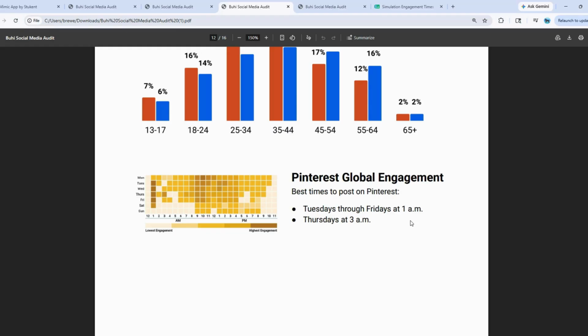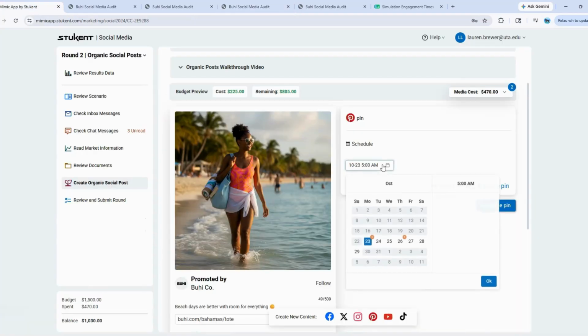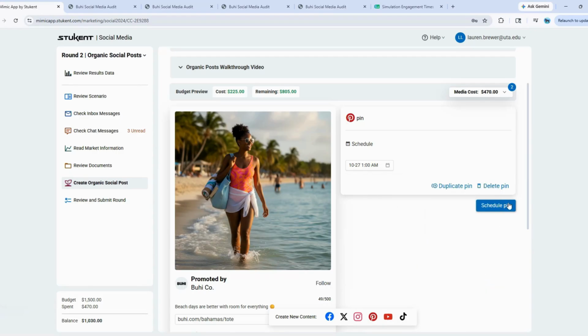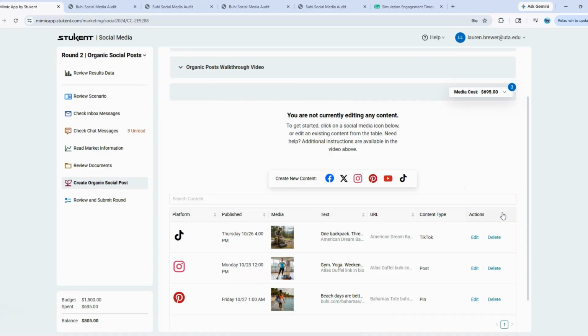So let's go with Friday at 1 a.m. since we don't have a post on Friday yet. So we'll go back to our simulation. We will do Friday and we'll pick 1 a.m. and we'll click schedule post.